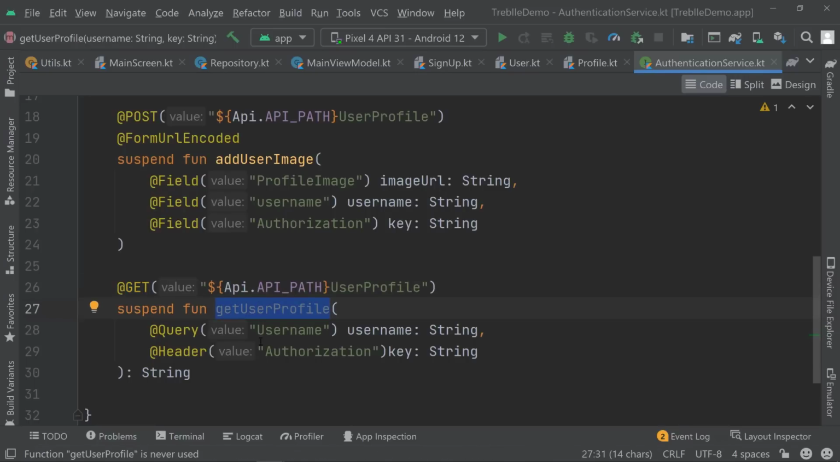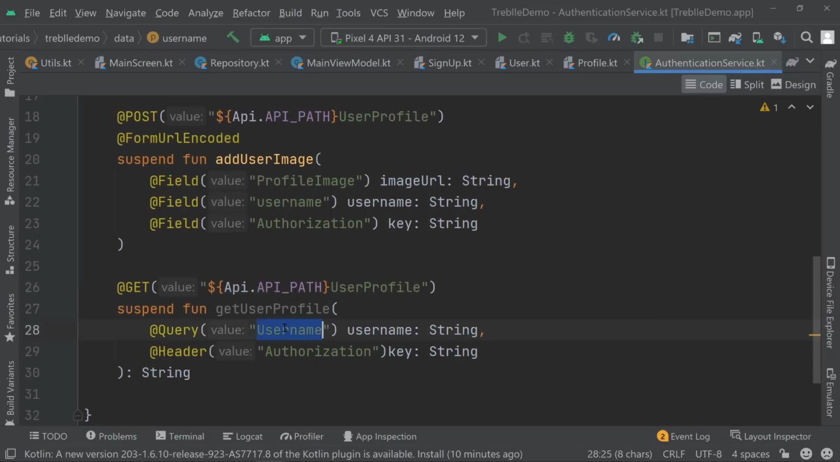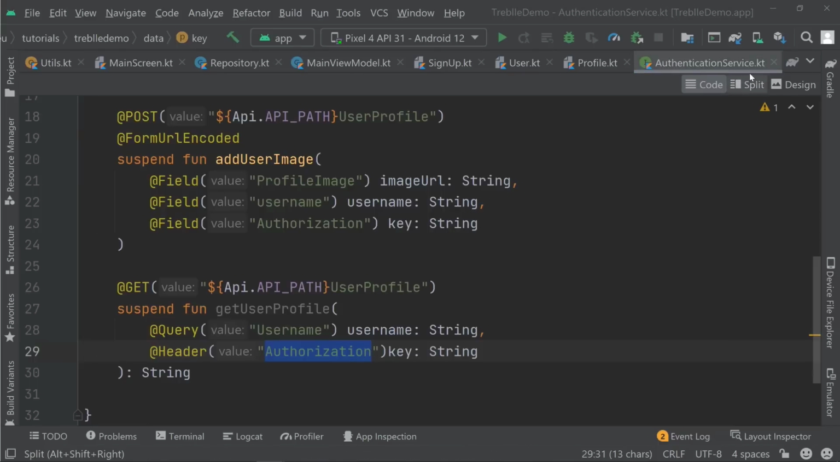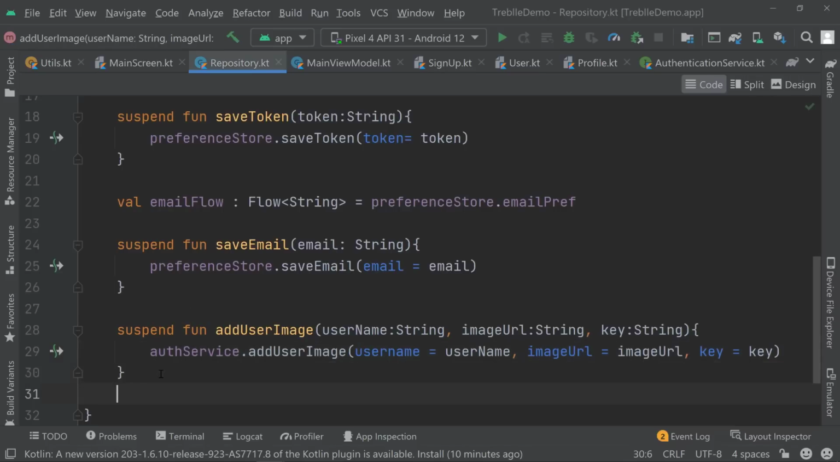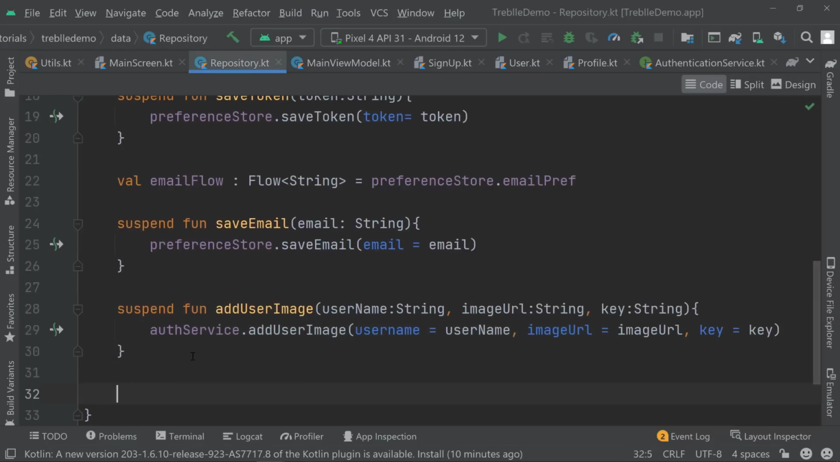So this get method will return a string for us. This will give us the user profile, so the details about the user. And we're searching for the specific username, and we're passing the authorization so that we can get the details, so we can load the data, so to speak. Now that we have it in our authorization service, so in our retrofit service, we need to set it up inside of our repository as well, and then in the main view model. Okay, always the same